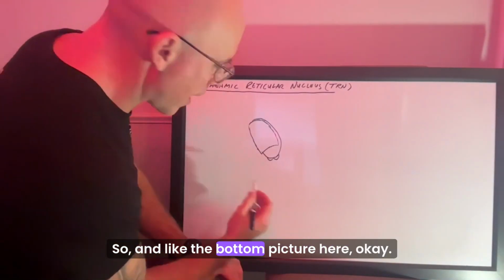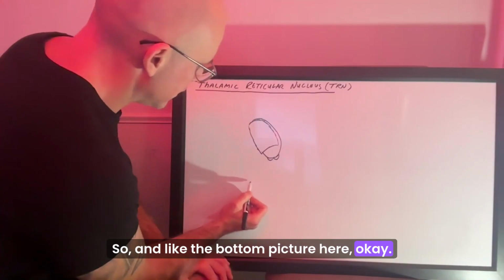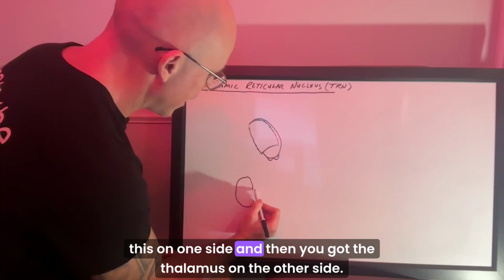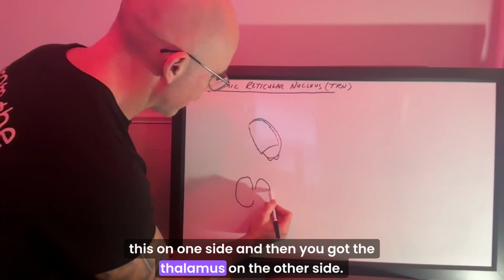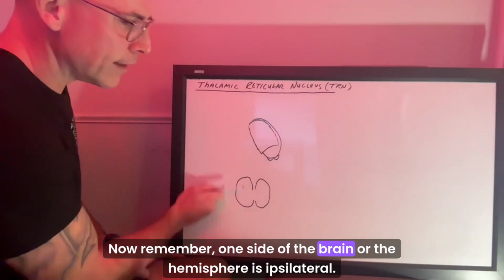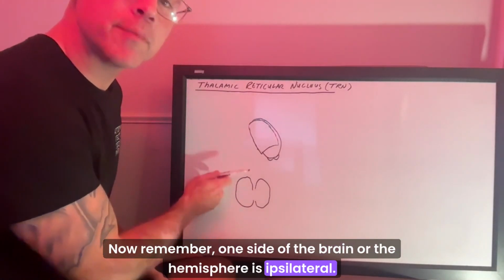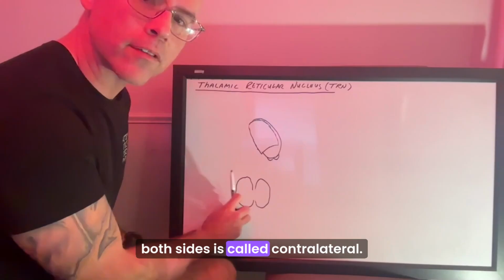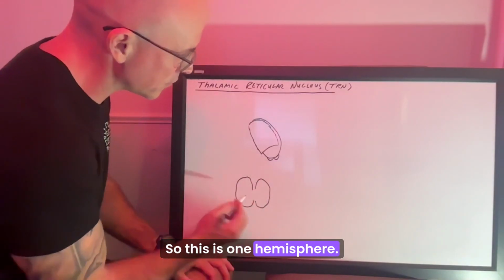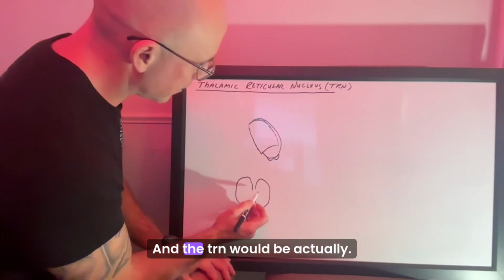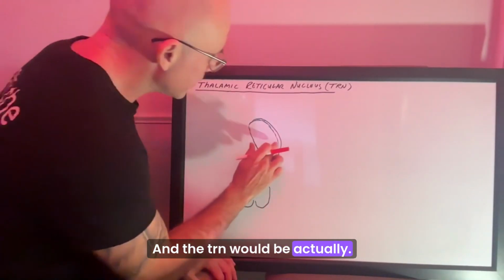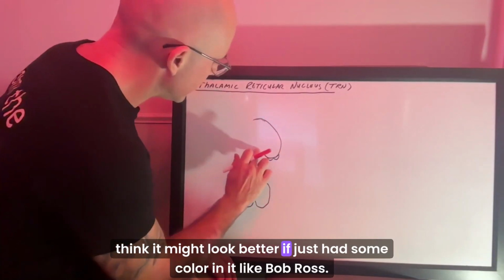So, like the bottom picture here, you've got this on one side, and then you've got the thalamus on the other side. Now remember, one side of the brain or the hemisphere is ipsilateral. Both sides is called contralateral. This is just the contralateral. So this is one hemisphere, this is the other hemisphere. And the TRN would be, actually, I think it might look better if we just had